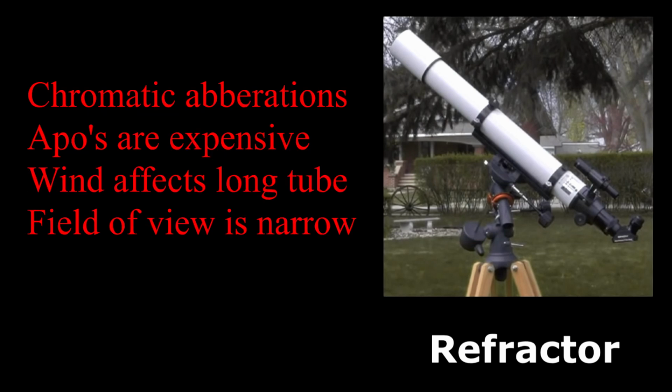The disadvantages of these types of telescopes are chromatic aberrations, and those telescopes which come with reduced chromatic aberrations are generally 3 to 5 times expensive. Wind can affect these types of telescopes because as you make longer focal length and the larger the tube is, the wind is going to affect. You need to balance its weight, you need a sturdy tripod. All these things add up to cost and very tedious to operate.